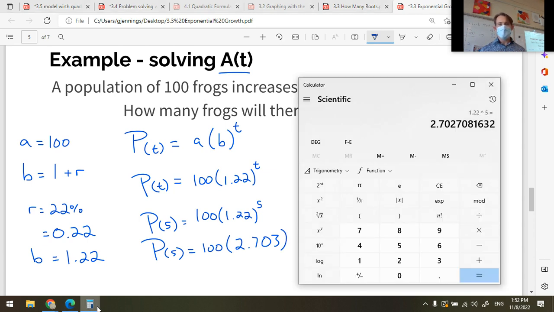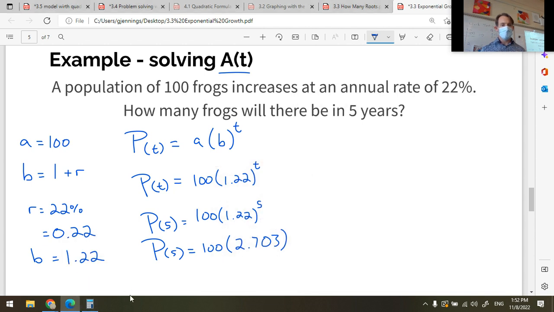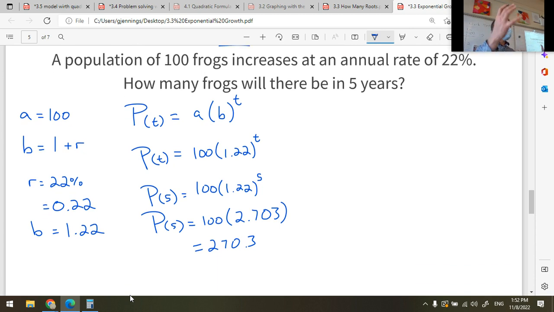2.703. Okay, that's rounded. Now I multiply by 100 to find the value. This is equal to 270.3. Anyone else uncomfortable imagining 0.3 frogs? Some of us are a little uncomfortable with that idea. Okay, good. So in that case, round your answers to the nearest reasonable number. We expect to have 270 frogs by rounding. So we would say, therefore, there will be 270 frogs